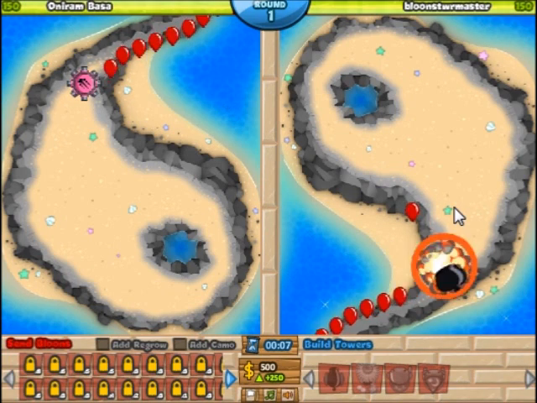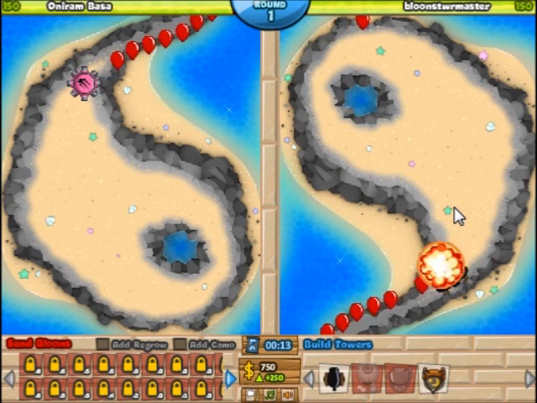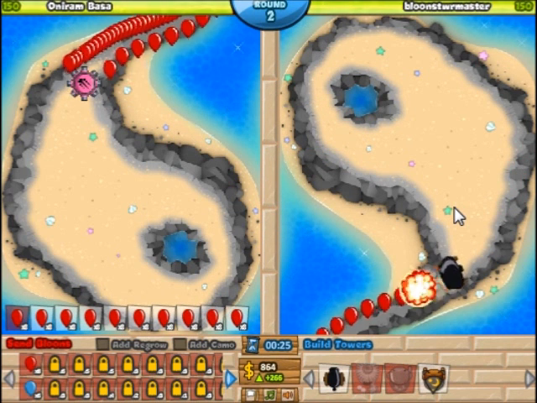They're all really bad. I mean, a cannon's okay, a monkey village can't really do too much with that guy. And then super monkeys and wizards, which are like some of the worst towers in the game. So what am I going to do? I'm going to go full out cannons. Straight up only cannons. And a monkey village,